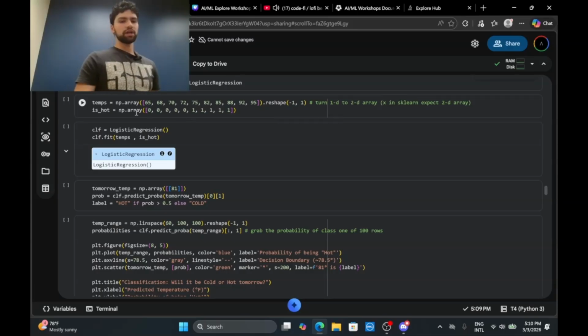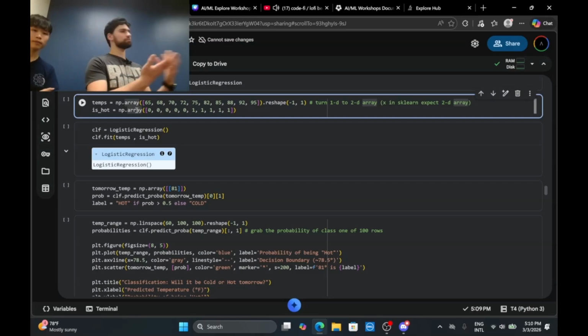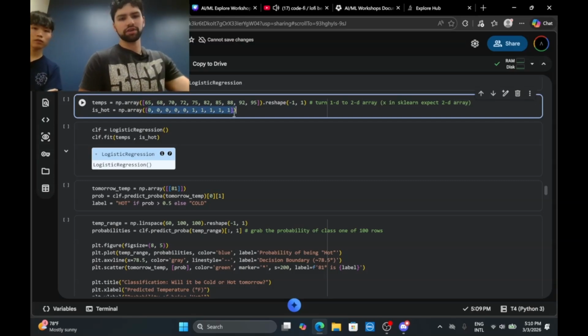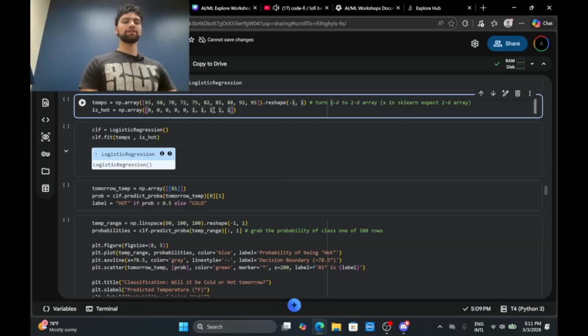Here we have temps, an array of our temperatures: 65, 68, 70, whatever. Then is_hot is a list of binary variables. Is 65 degrees a hot day? No, 0. Is 85 degrees a hot day? Yes. That is the dummy data we're using.